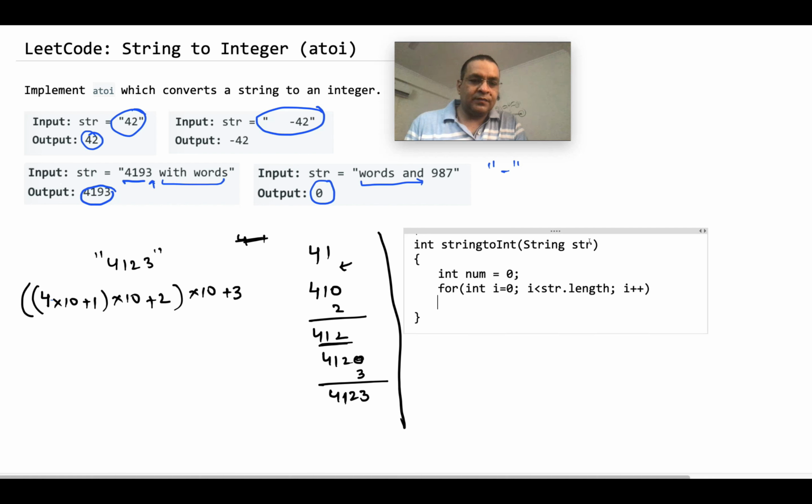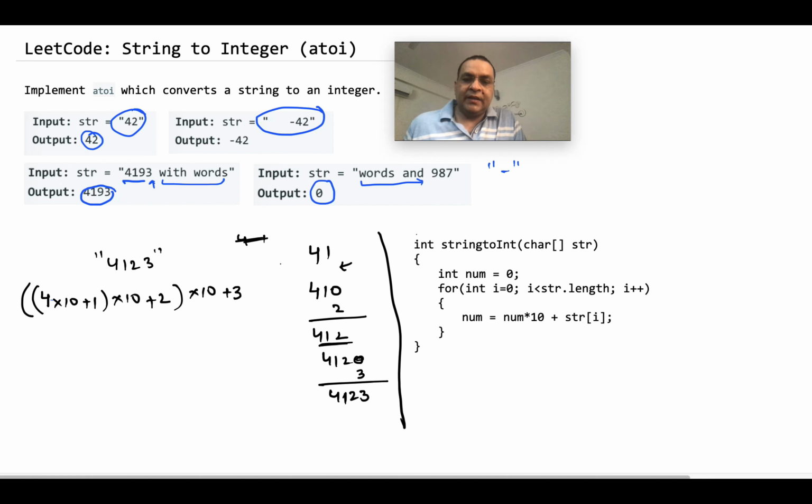Every time we'll do number equals number into 10 plus the current digit. The current digit is str.charAt(i), or maybe if we don't want to use charAt, we can accept it as a character array rather than a string.